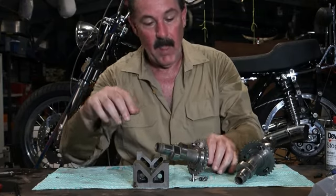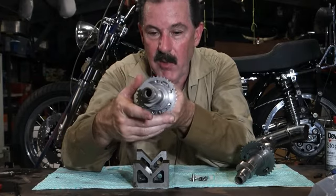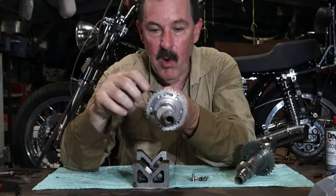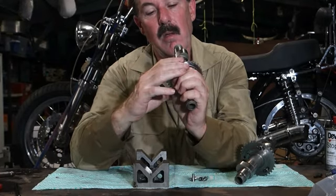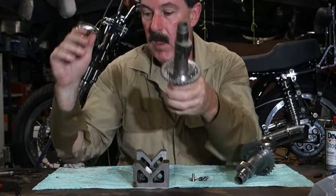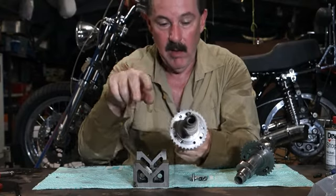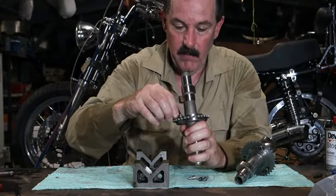So what I've done is I've got the cam to where I want it, right? I took it out of the motor and I drilled 2 more holes. I'll just line those up so you can see them. There we go. So I drilled 2 more holes, one there and one there, and they go through the sprocket and into the cam in line, right? So what we do now is we put